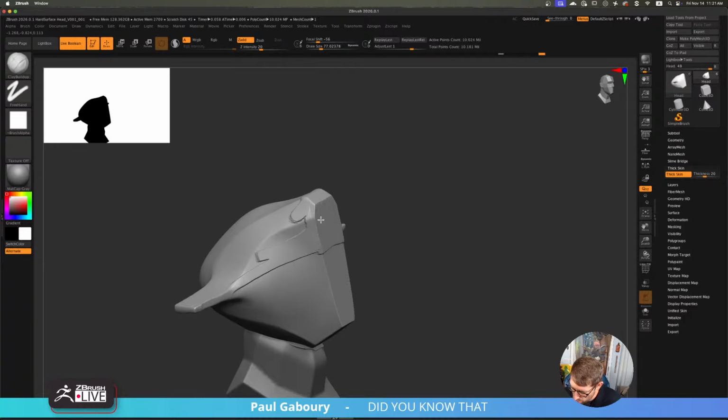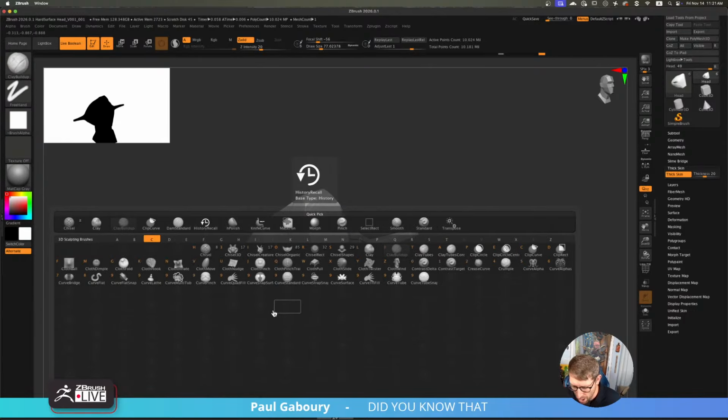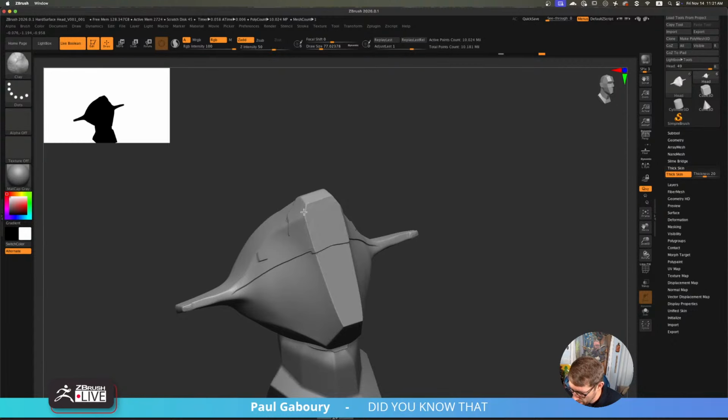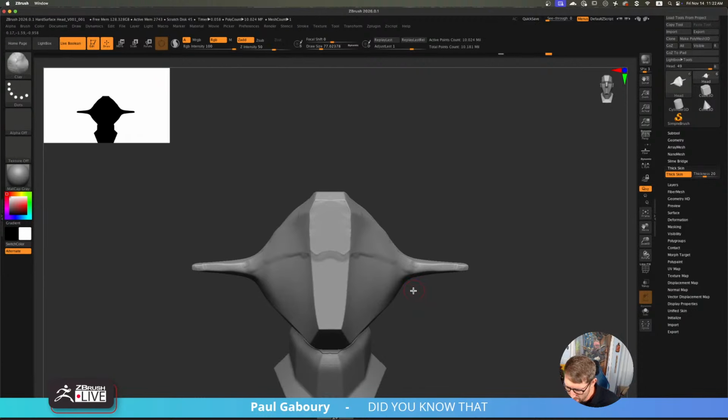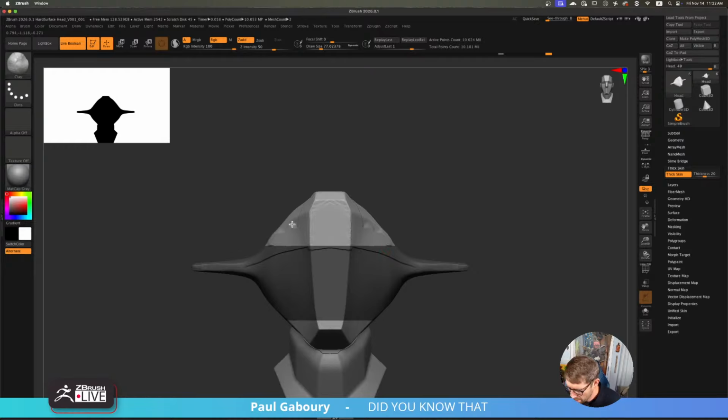And then this is what thick skin can do too. Even though I'm doing this, you see I'm still keeping the hard surface. And in fact, I would probably use the standard brush instead of the brush I'm using, or even just use the clay brush to do this, because you'll probably get maybe better results through here. Okay, and again, of course, you can use masking to control this as well.